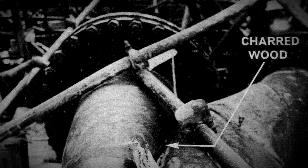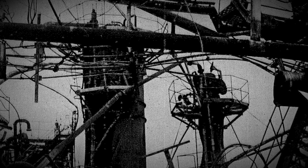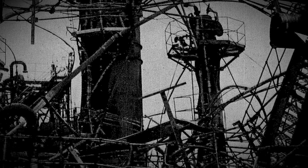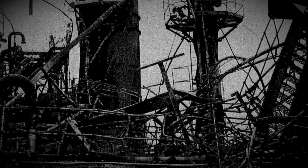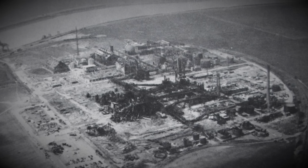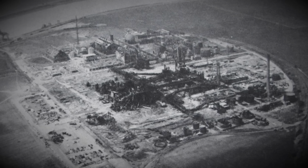An investigation would start quickly after the explosion, but one glaring problem immediately became apparent. Remember when I said about some of the parts of the chronology leading up to the explosion being a little bit hard to know for certain? Well, the explosion destroyed a lot of the valuable evidence and vital first-hand accounts of events in the last few moments. The difficulty would result in a bit of a headache for investigators, but nevertheless, the Court of Inquiry sat